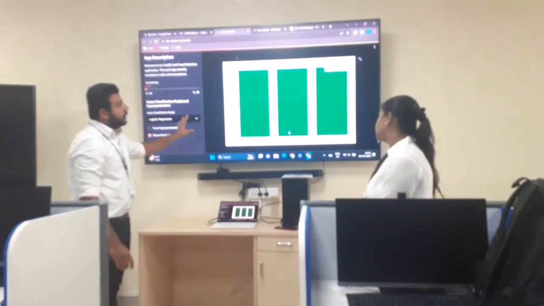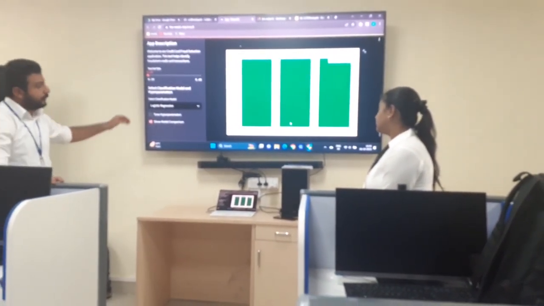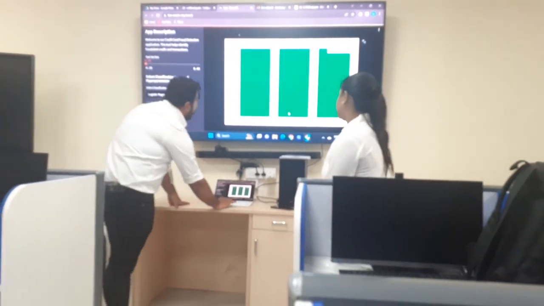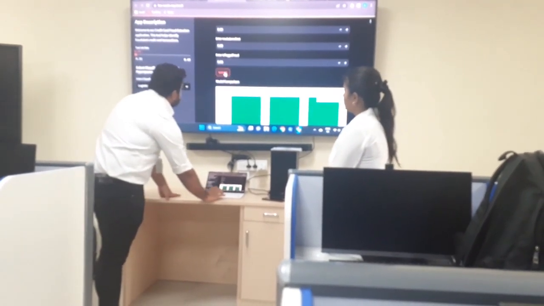This is the model comparison shown for the 20% of the test data used in it. The prediction value